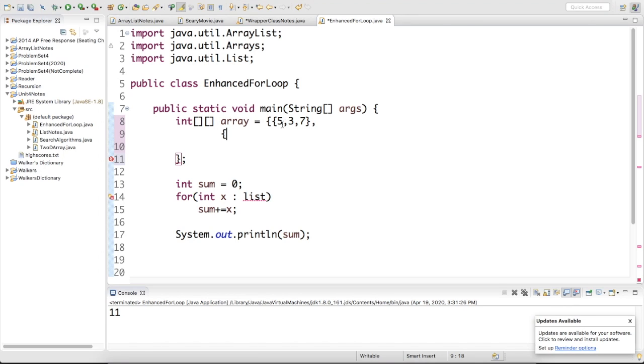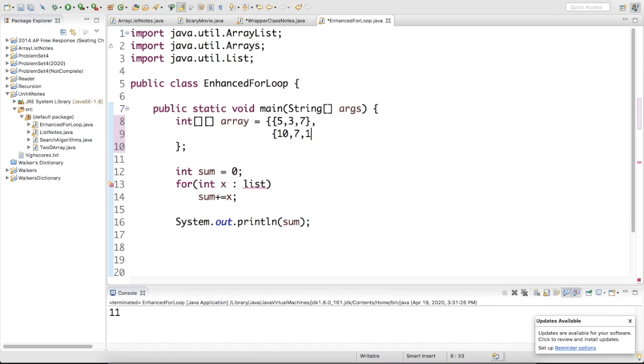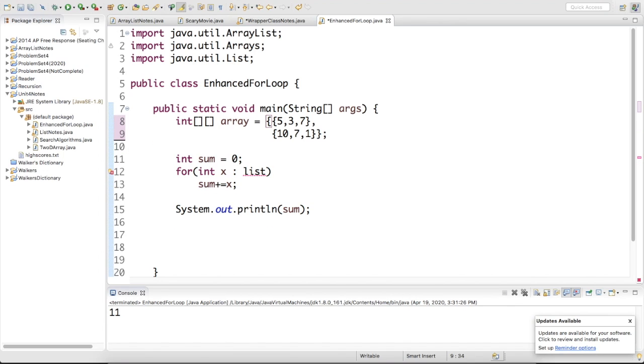And we'll call this, 10, 7, and 1. And then I'll close it. This actually should be up here. To close it, it'll look a little nicer if I do that. So you can think of this as your two-dimensional array, but remember, a two-dimensional array is just an array